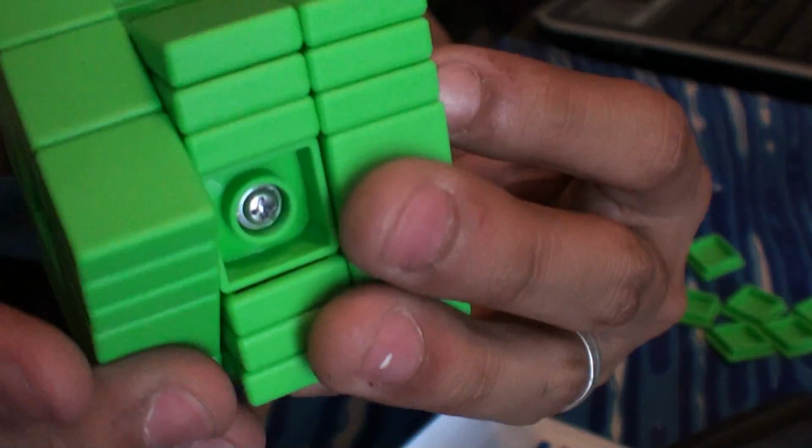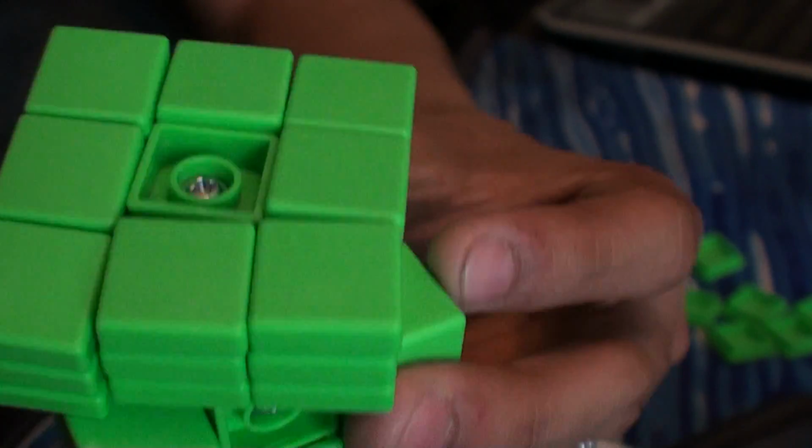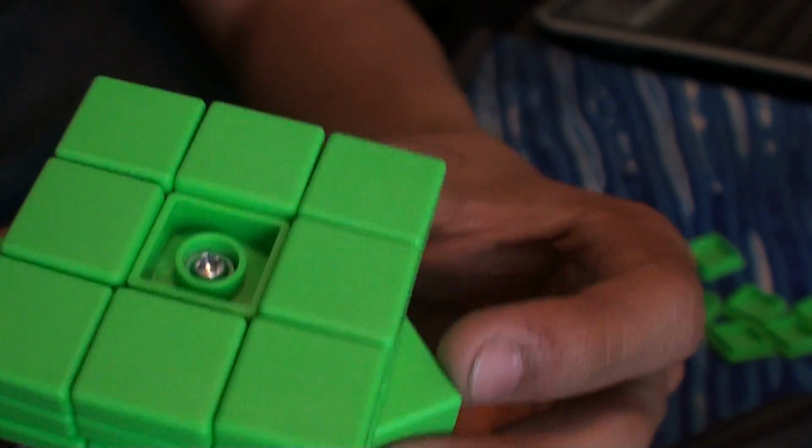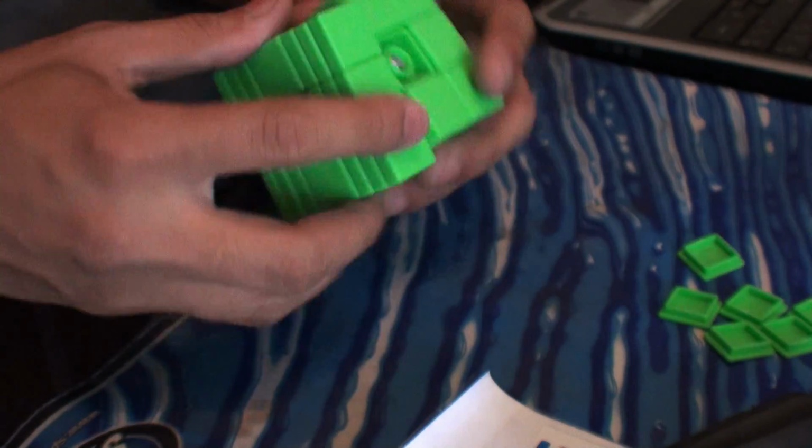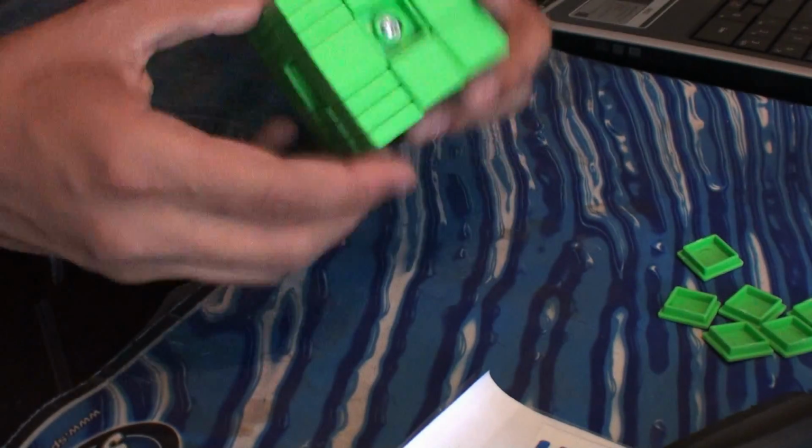Check this out. It corner cuts, but you have to be very careful. I haven't lubed it yet. I don't know if I will just yet. But you have to be careful for the layers. It does feel really solid. Anyway,